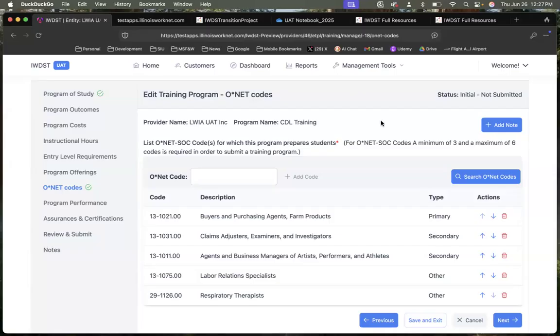What do you do if you have something like surgical tech, for example? Surgical tech has one ONET code, period. That's it. RN, LPN, those are the same. There's only one. Crystal, are you demanding 3? That's what we have right now. So you have to put 3. I will, yeah, if I put in